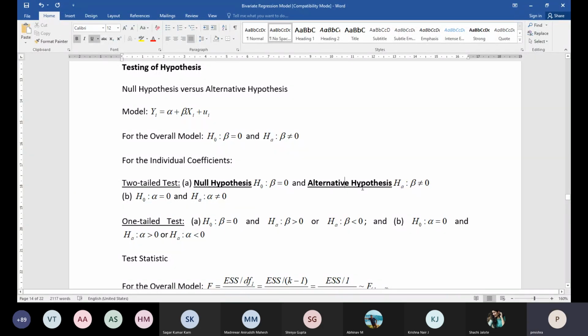Or say if we are talking about the demand function of a Giffen commodity, then this beta would be positive. So this alternative hypothesis may vary,